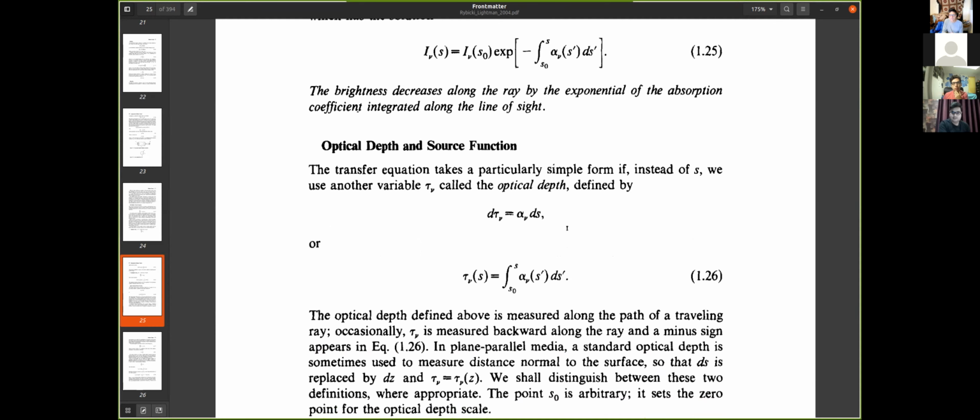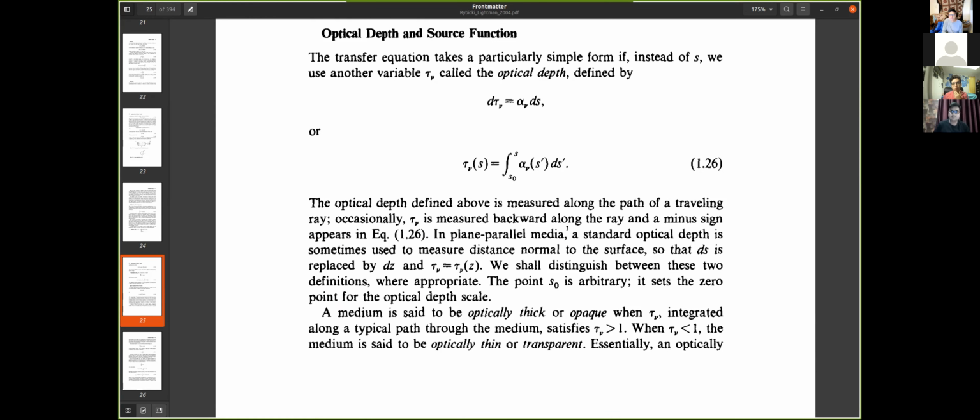And this tau nu, which is optical depth, helps us understand the nature of the medium, whether it is optically thick or optically thin. What it means is that if the medium is optically thick, then most of the light coming from a certain source will be absorbed by the medium. And when the medium is optically thin,